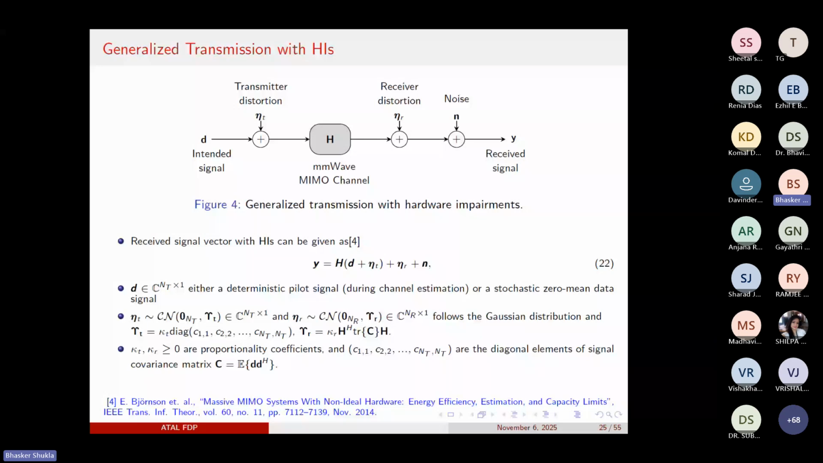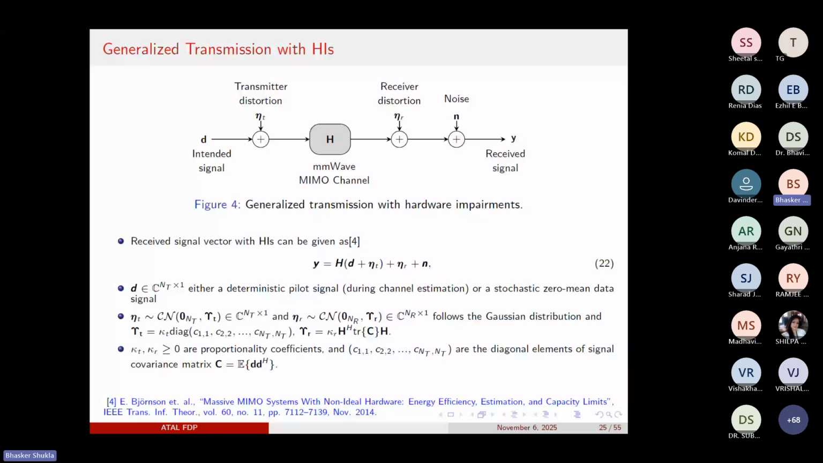Because it is a complex normal distribution, suppose here eta T has zero mean with gamma T variance, and eta R has zero mean with gamma R variance, and the gamma T and gamma R variances can be given by these relations. Here gamma T is the product of K T diagonal, the proportionality coefficients, and K R is also a proportionality coefficient, and C11, CN2 are the diagonal elements of the signal covariance matrix,